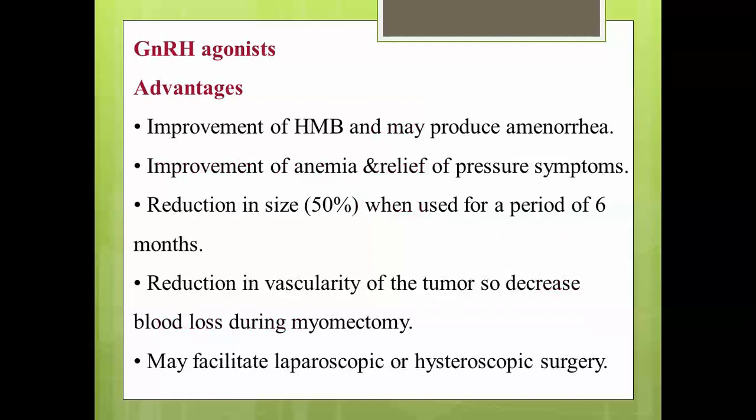The advantage of it is improvement of the heavy menstrual bleeding, and it may also produce amenorrhea, improvement of anemia and relief of pressure symptoms. There is reduction in the size of the fibroid, especially when you use it for at least 6 months. There is 50% reduction in the size of the fibroid, and reduction in the vascularity of the tumor. So this will help decrease the bleeding during surgery, either myomectomy or hysterectomy, and it may facilitate laparoscopic or hysteroscopic surgery